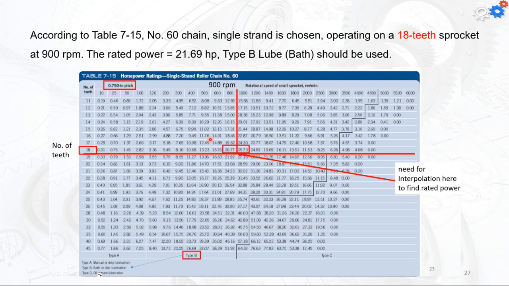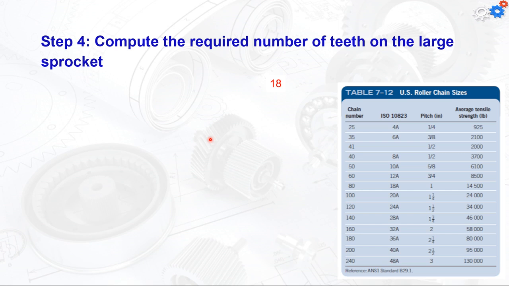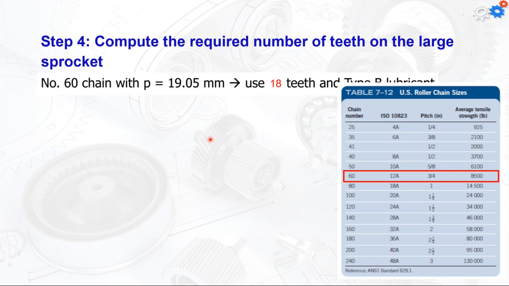Now, we're going to have another step. We need to calculate the number of the teeth for the larger sprocket. We can say that, okay, now we got the smallest sprocket, 18, and we have the 3.83 as the velocity ratio. So now I can calculate the required number of the teeth of the larger sprocket. So the 18 is sitting there as a number. We're going to use the 18. The p-value is 19.05, which is the 0.75 inches multiplied by